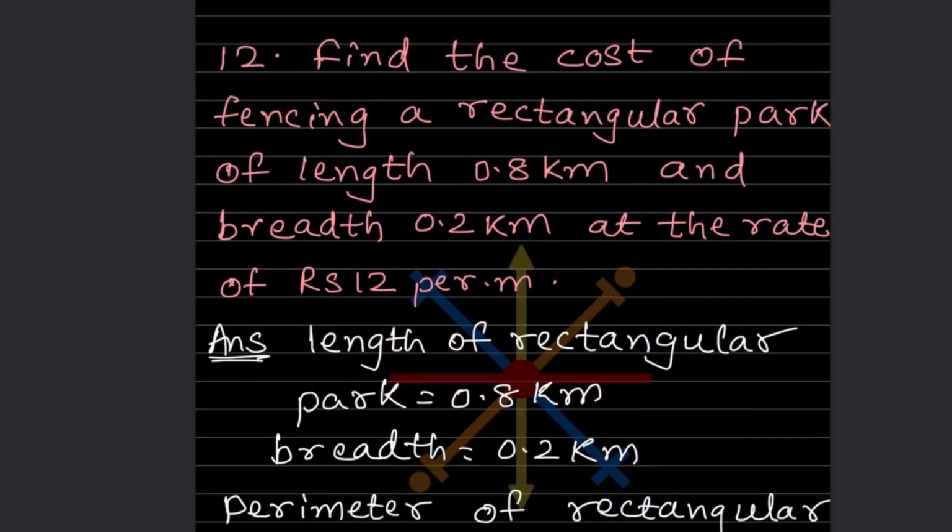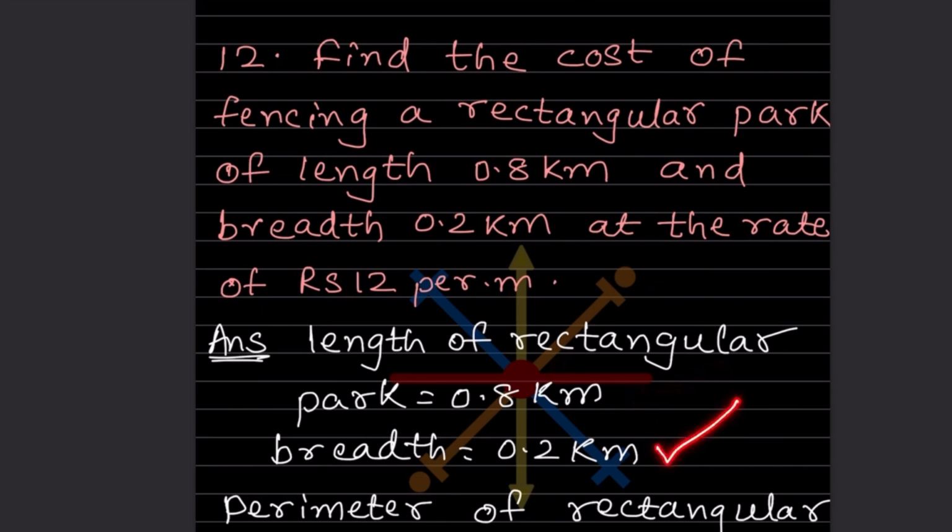The next one: find the cost of fencing a rectangular park of length 0.8 kilometer and breadth 0.2 kilometer at the rate of rupees 12 per meter. Again, this is per meter, which means you have to think of the perimeter. Now the length is given, this is 0.8. So the length of the rectangular park is 0.8 kilometer